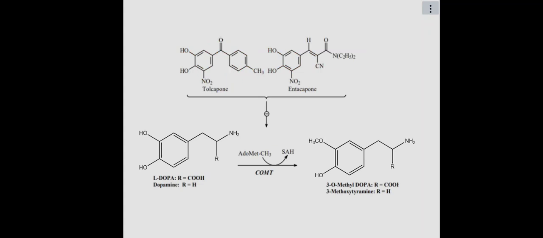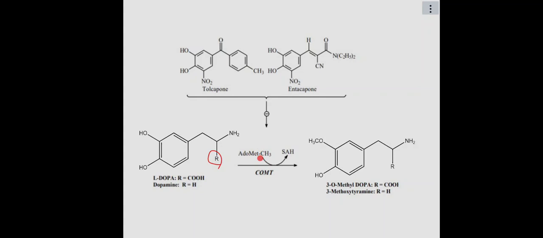This we had already looked at. And now we are saying you have the L-DOPA, and remember L-DOPA is dihydroxyphenyl alanine, then R is a carboxylic group. When you have dopamine, R is a hydrogen. So you can have the catechol methyltransferase, and it uses the methionine, which has a CH3,